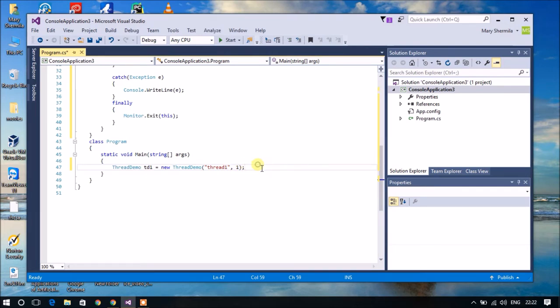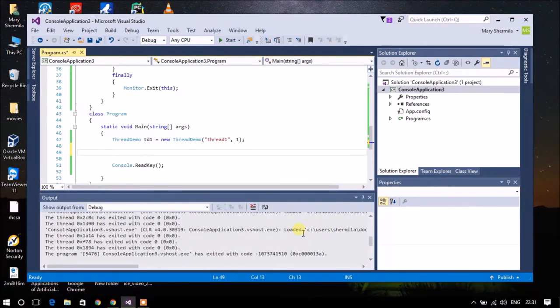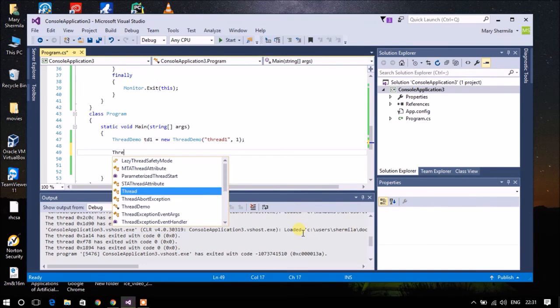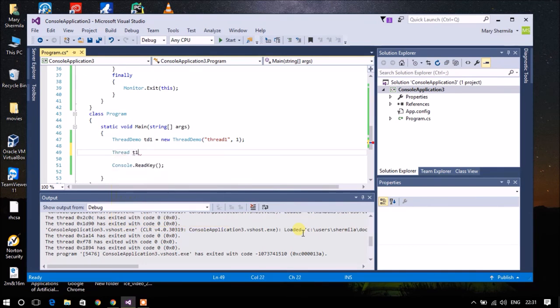So now I have to start the thread. As I said before, the implementation of my thread is given inside the run method, and to start the thread, I need to create an object for the class Thread.